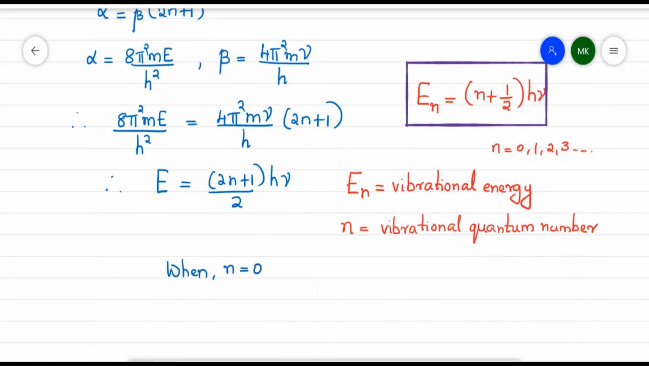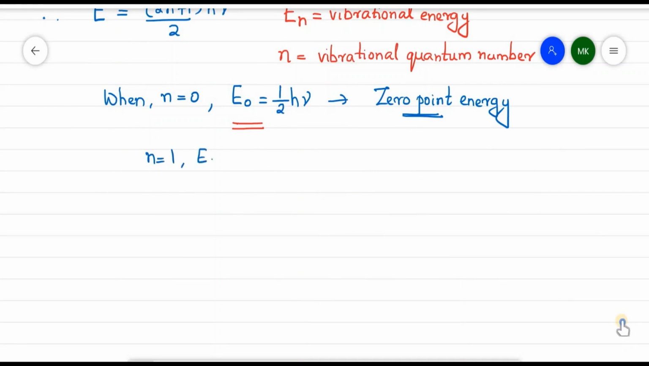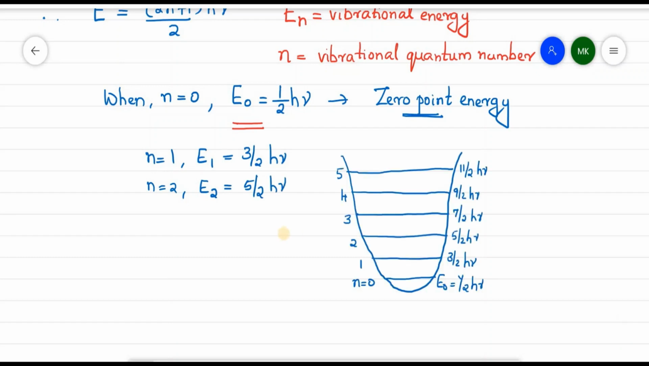Now when n equals 0, then we get E0 equals half h nu, and this is called the zero-point energy of the system. For n equals 1, E1 equals 3 by 2 h nu, n equals 2, E2 equals 5 by 2 h nu, etc. Here you can see as n increases by unity, the energy increases by h nu, so that the energy levels